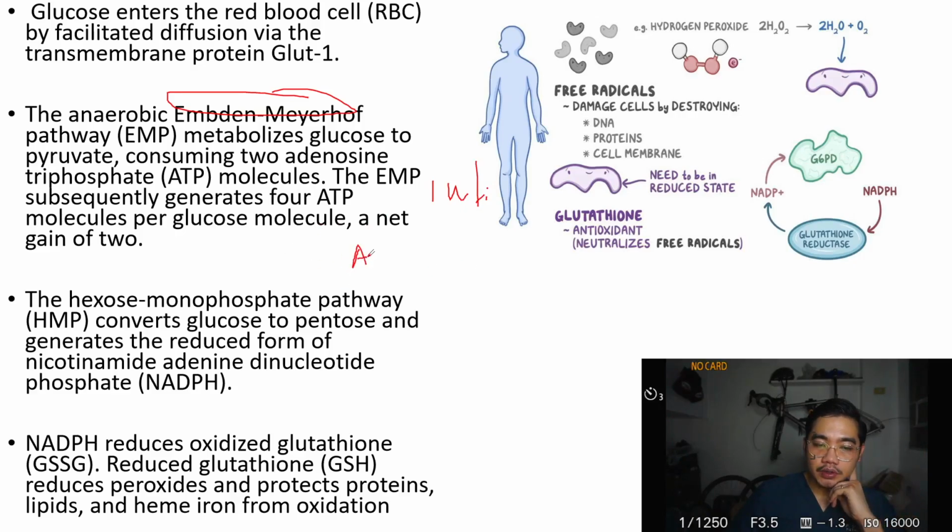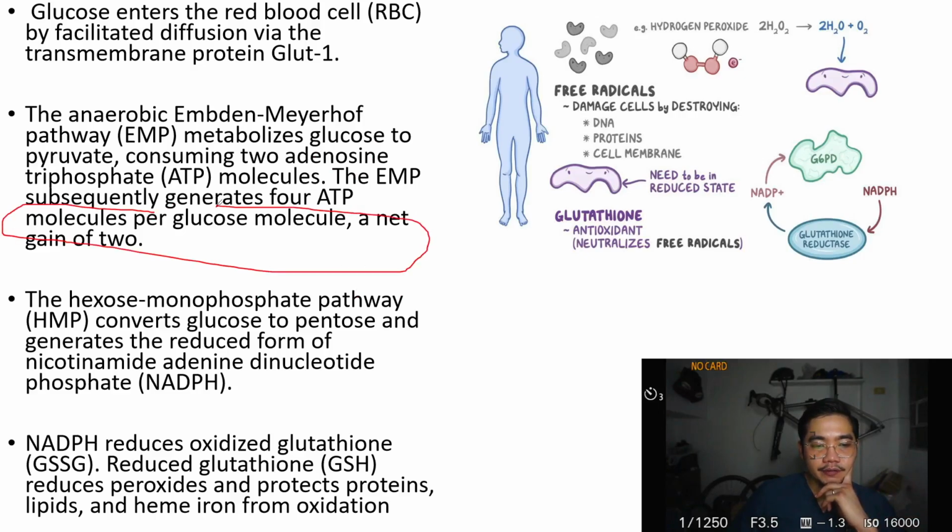Because you need to pay first 2 ATP to produce just 4 ATP. Meaning your overall gain is just 2 ATP. Unlike in your oxidative process, where you produce a lot more ATP for a little capital. So remember, your overall gain in the Embden-Meyerhof pathway is just 2